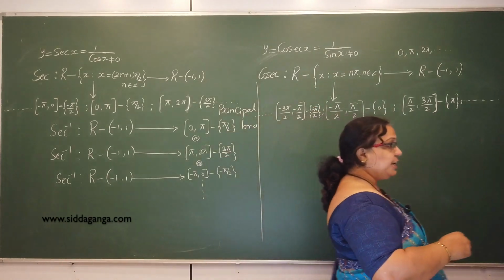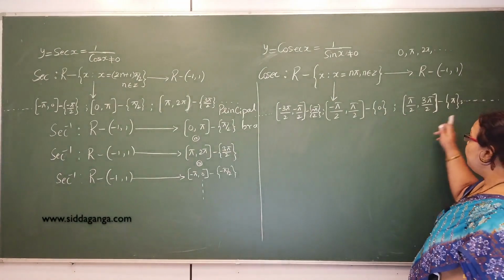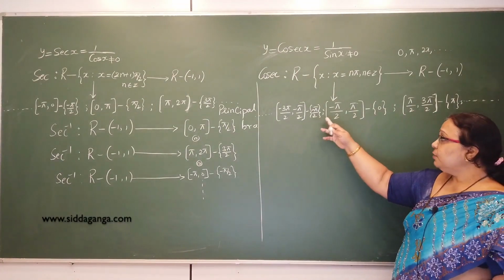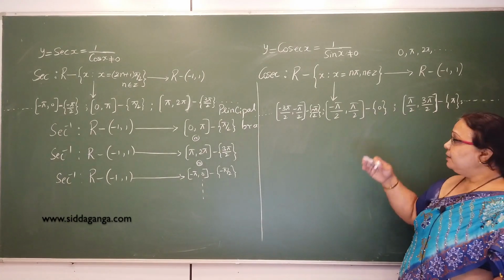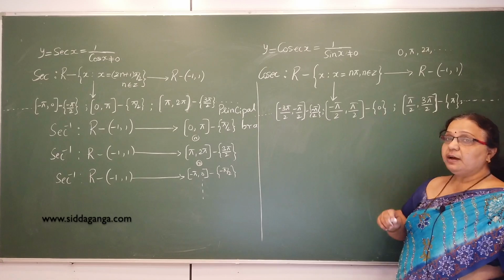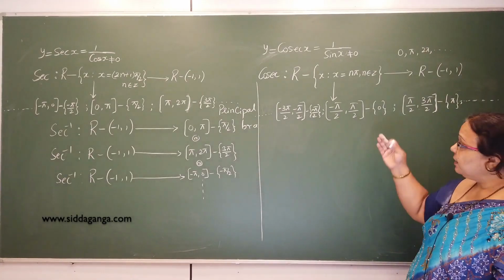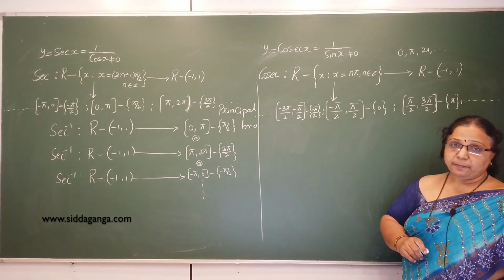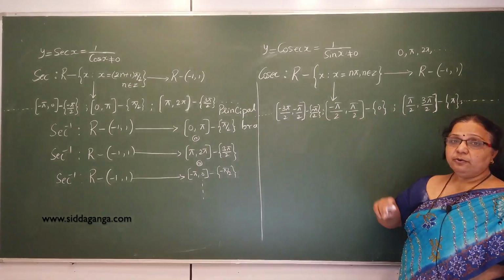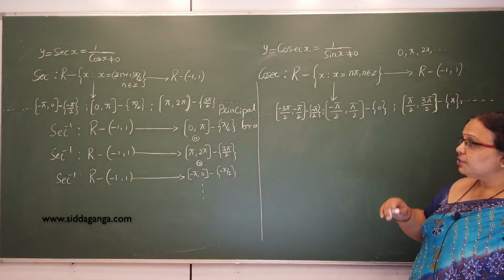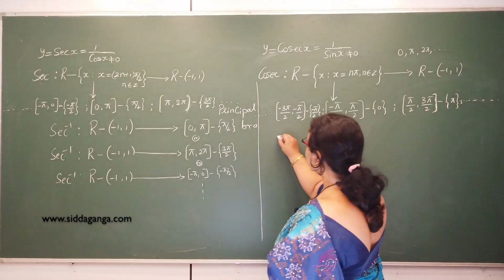So we have to restrict the domain of the cosecant function to any one of these intervals, such that in each interval the function becomes a bijective function. Only when it is bijective can we write its inverse. So therefore, in each of these intervals we can write the inverse for the cosecant function, which is nothing but